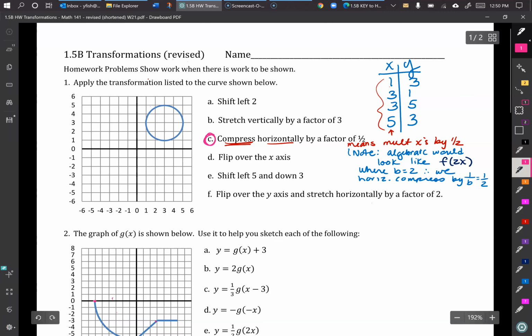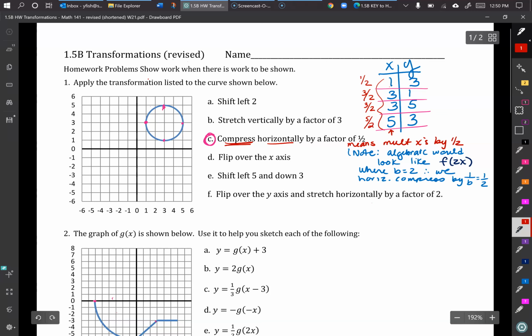If I look at these points here, I have (1, 3). So I just wrote that over here. I have (3, 1), I have (3, 5), so we jot those down over here, and (5, 3). Now you are very welcome to just work right from the graph itself and perform your transformations, but sometimes it's helpful to list it out and just do it more algebraically. So we would have